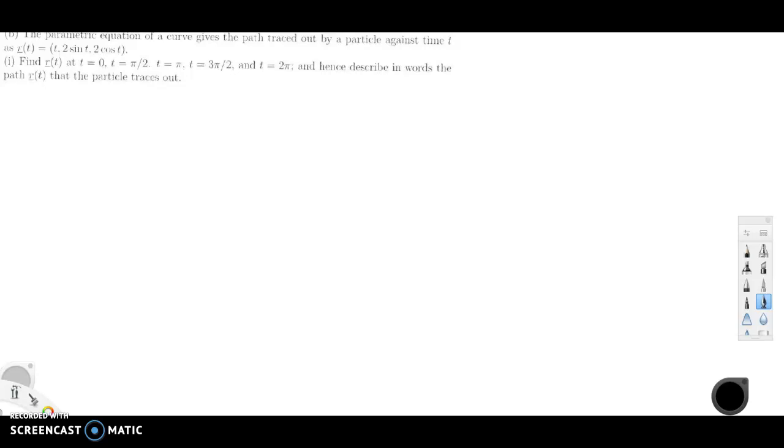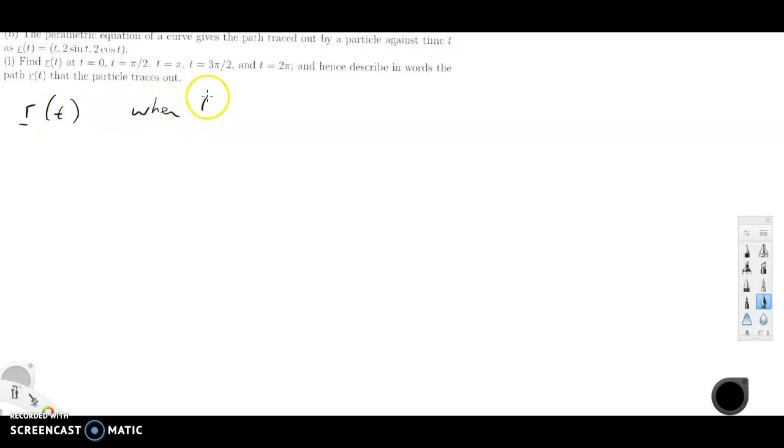Now, the parametric equation of a curve gives the path traced out by a particle against time t. Right, so r(t) equals t, 2 sine t, 2 cos t. Find r(t) at the following times, right? So r of t